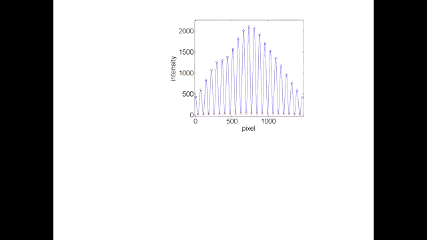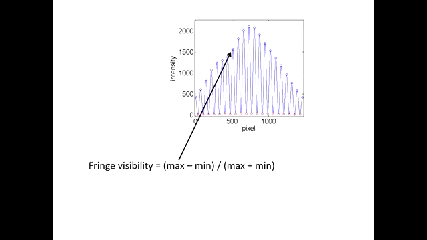So here's the interference pattern. This is the central portion of the interference pattern that the camera would see. What we did on this was a simpler measure than we did before, and this is called fringe visibility, which looks at a peak and a trough, and it measures the relative difference between the two. And this is nice because if you work with lasers, you know that they're not amazingly stable. Some of them are more stable than others. We were using a helium neon gas laser, which is known to do things like mode hopping. Power levels will slightly change. And you have to jump through some statistical hoops in order to reduce the effect of that mode hopping.